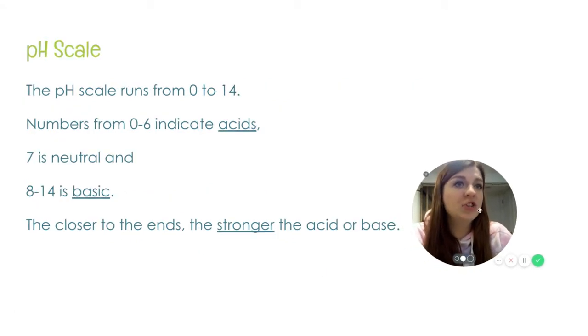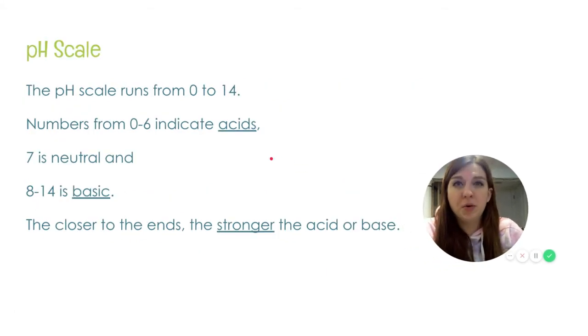So the pH scale runs from 0 to 14. The lower numbers indicate acids. Those numbers are going to be 0 to 6. 7 is considered neutral, which is exactly where distilled deionized water falls. And then